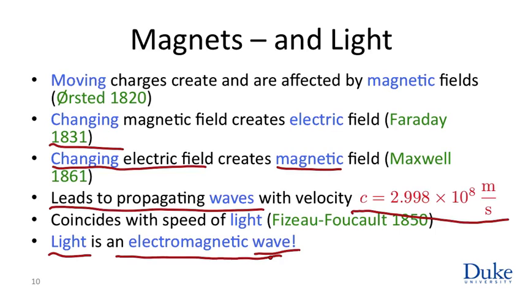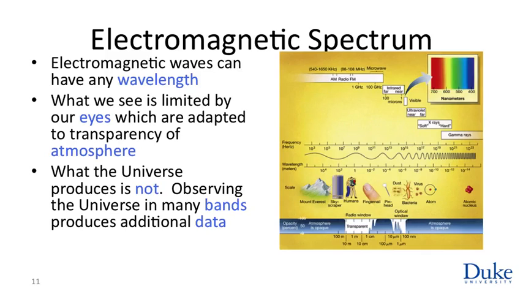The understanding that light is an electromagnetic wave also tells you that you can, in principle, imagine oscillating a charge or creating an oscillating electric field at any wavelength or any frequency. So we know that we see light between 400 and 700 nanometers in wavelength. What about the solutions to Maxwell's equations with wavelengths outside this region? It turns out that there is an entire huge electromagnetic spectrum out there, ranging from, at very high frequency and very short wavelength, gamma rays with wavelengths of down to 10 to the minus 14, 10 to the minus 15 meters